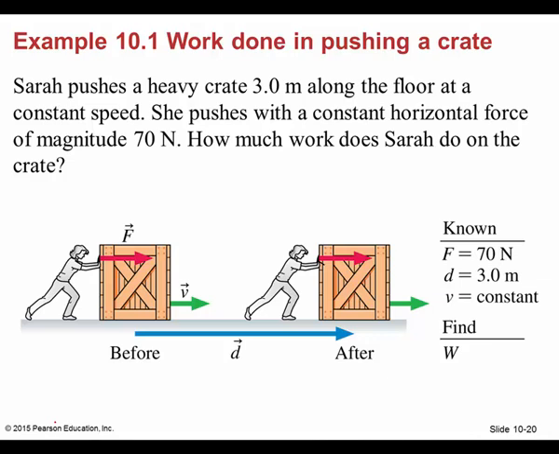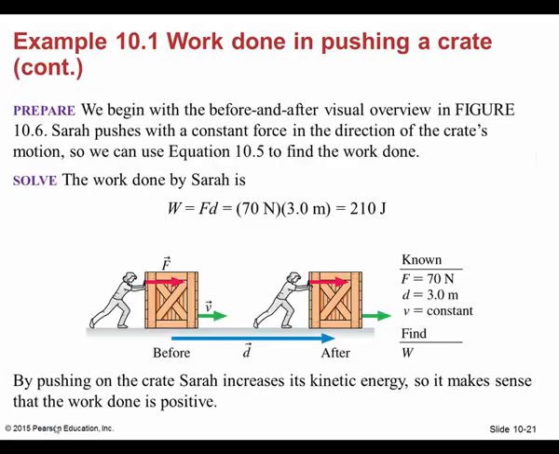So Sarah pushes a heavy crate 3 meters along the floor at a constant speed. She pushes with a constant horizontal force of magnitude 70 newtons, okay? How much work does Sarah do on the crate? Well, that's easy. You move it 3 meters with a force of 70 newtons, you do 210 joules of work, okay? All right, now,